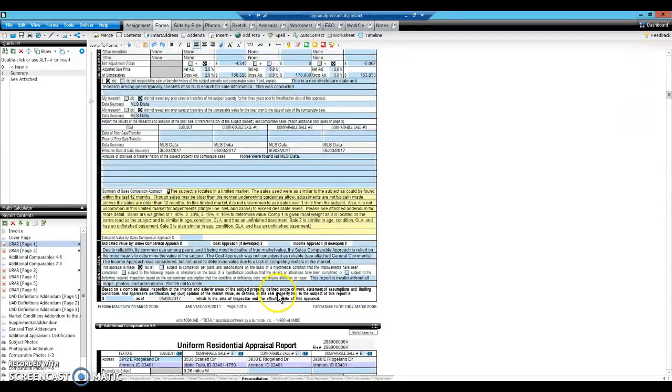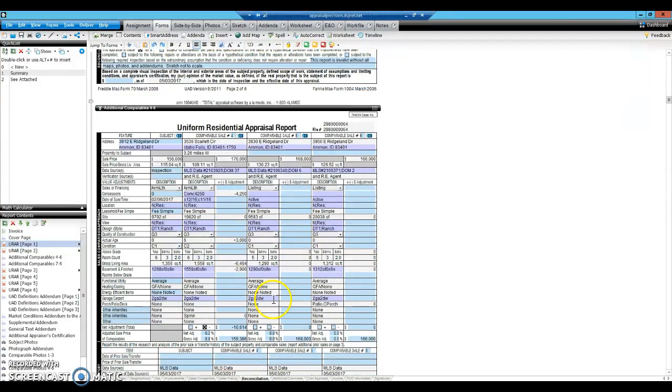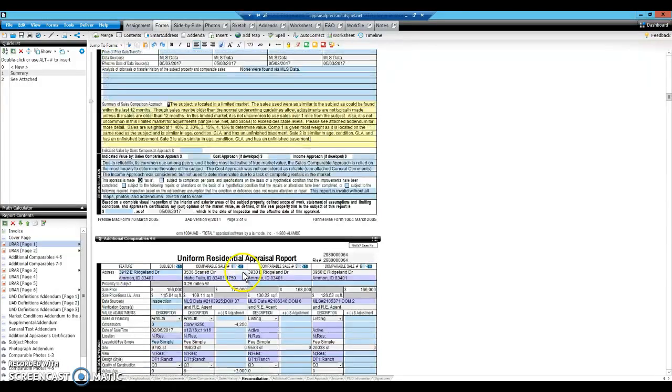Let's look at sale 4 before I type it in. So sale 4 obviously was used to bracket square footage and has a larger basement. So I'm just going to put that. Sale 4 is used to bracket GLA. It is an older home and given an age adjustment and has a larger unfinished basement. So now,